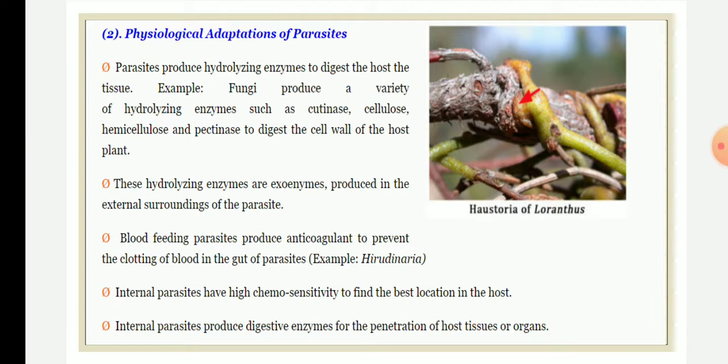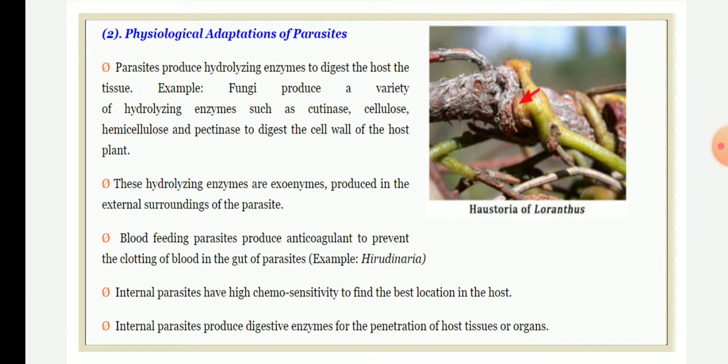The parasitic form means what? The organism which depends on another organism for all their nutrients, for shelter, for reproduction, for everything. That parasite will depend on another organism, and that other organism is referred to as a host. The different physiological adaptations of parasite will be in terms of surviving in the environment of the host.